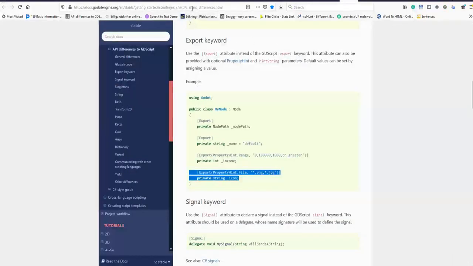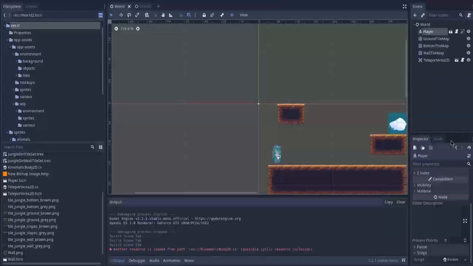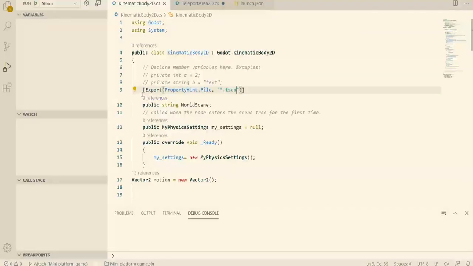I found this page that goes over the difference between GDScript and C#. And C# uses attributes, and I learned about something called property hint, which means it will display in the sidebar of the Godot engine. So you will see this in the inspector. I translated the tutorial, the export part of the tutorial, to the C#